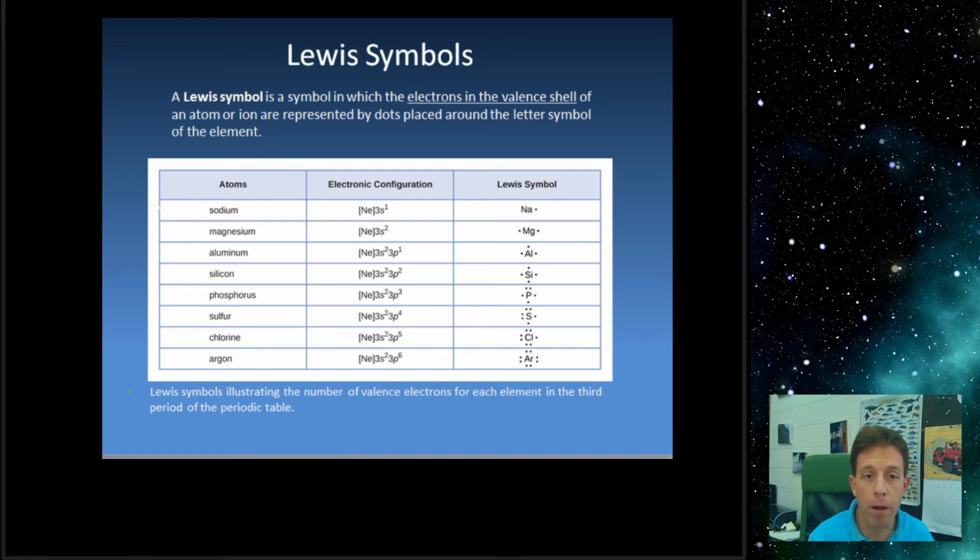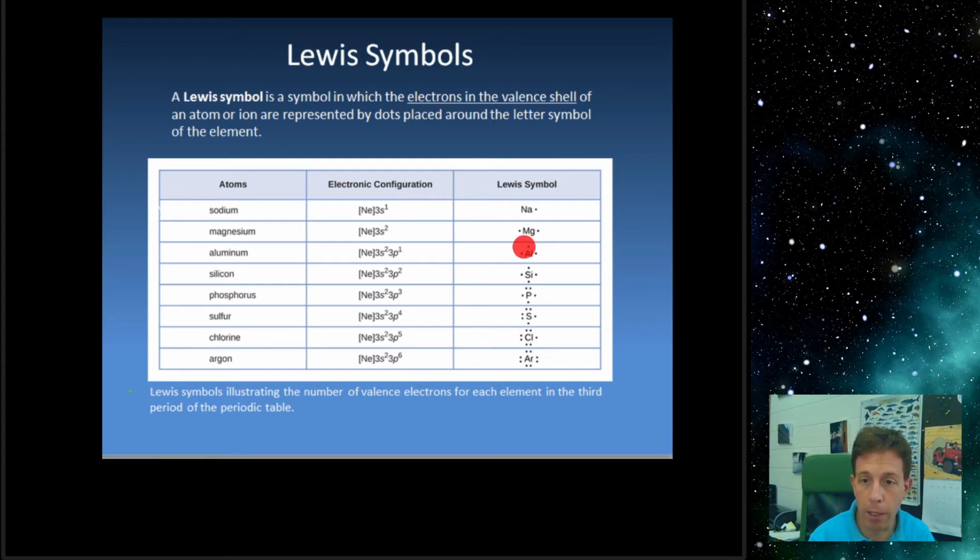for third period elements right here. So we can see, for example, sodium has an s1 electron, so it has one valence electron, so we indicate that with a dot right here next to the symbol for the element. And then for magnesium we write it with two dots, and we write